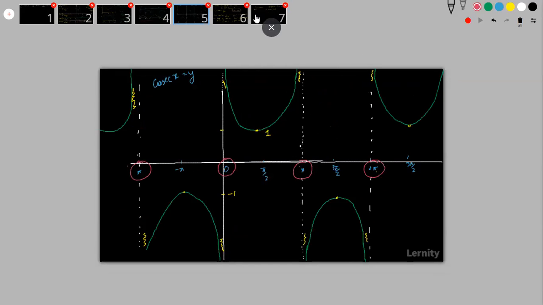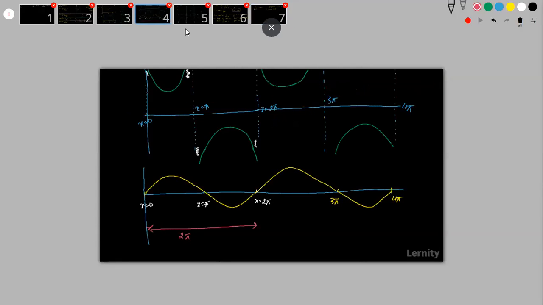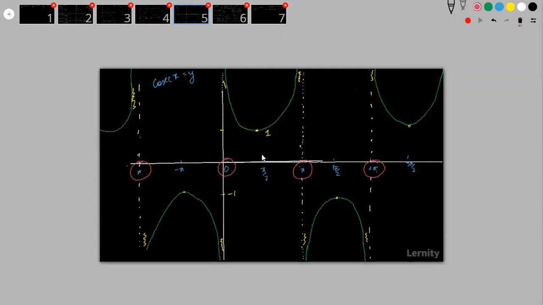Why R minus? See how difficult it would be for me if I do not write R minus. For this one I have to write 0 to pi, for this one pi to 2 pi, for this one 2 pi to 3 pi, union, and then continue from there. So instead of writing that, I will simply write R minus the values which I cannot take. Understood?